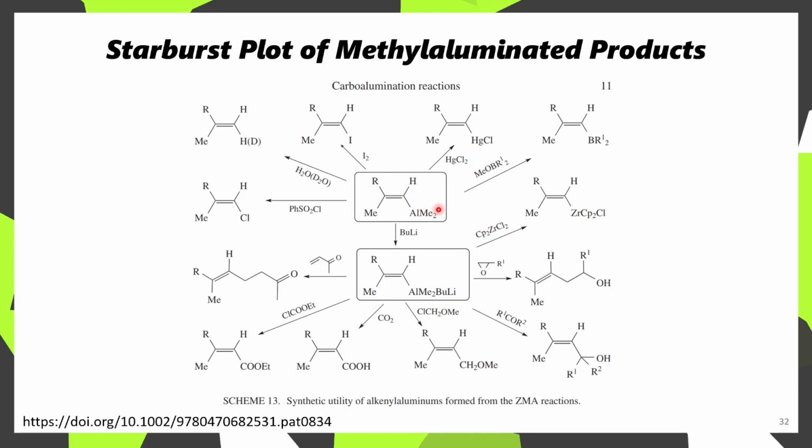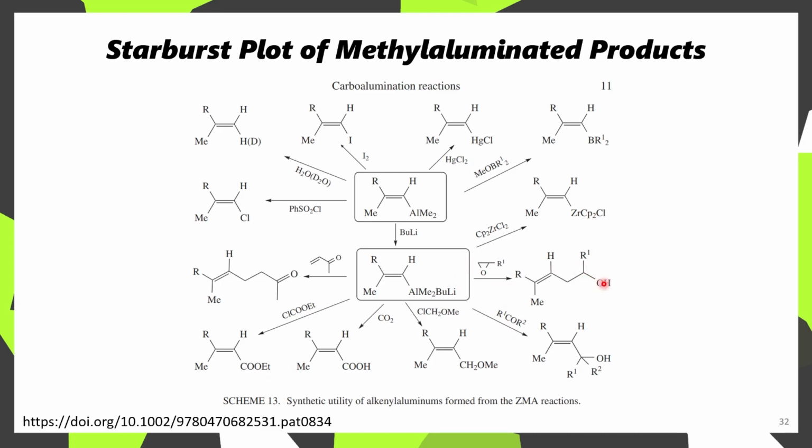Maybe you don't want to be adding mercury(II) chloride to stuff anymore, but you can make boronates, you can put iodine on there, you can put a chlorine there, etc. Additionally, if you add n-butyllithium to this, you'll form a tetrahedral aluminate species, which can then engage in addition to Michael acceptors. You can acylate this using ethyl chloroformate. You can make carboxylic acids. This will react with MOM chloride to make the corresponding allylic ether. It'll react with ketones, sort of like a Grignard reagent would,